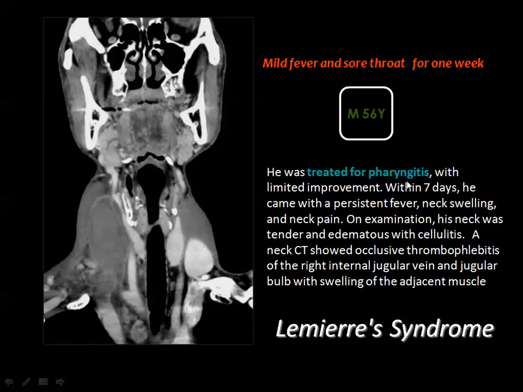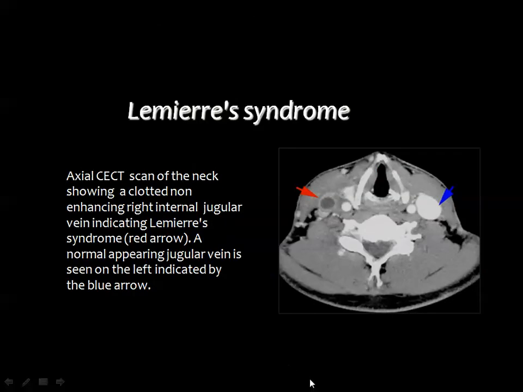He is treated for pharyngitis and is now presenting with neck swelling on the right side, and this hugely dilated internal jugular vein shows no evidence of contrast enhancement, denoting its thrombosis. This is an example of a septic thrombosis of the internal jugular vein. You see the vein is totally hypodense, then the wall is enhancing, and this is the carotid artery, of